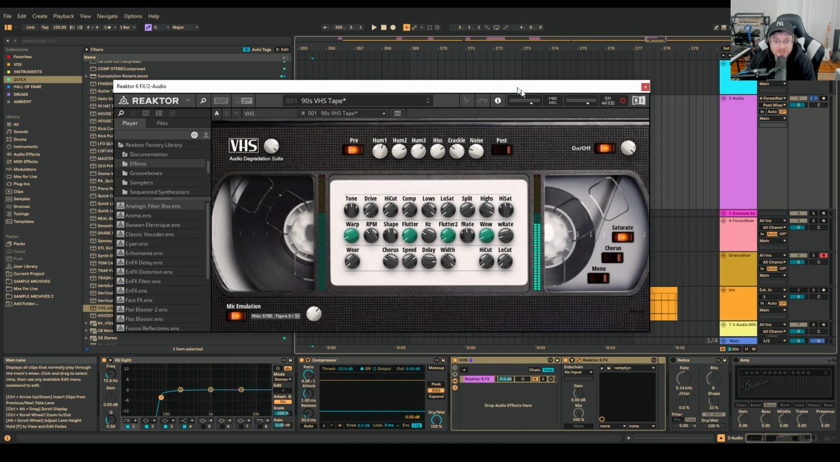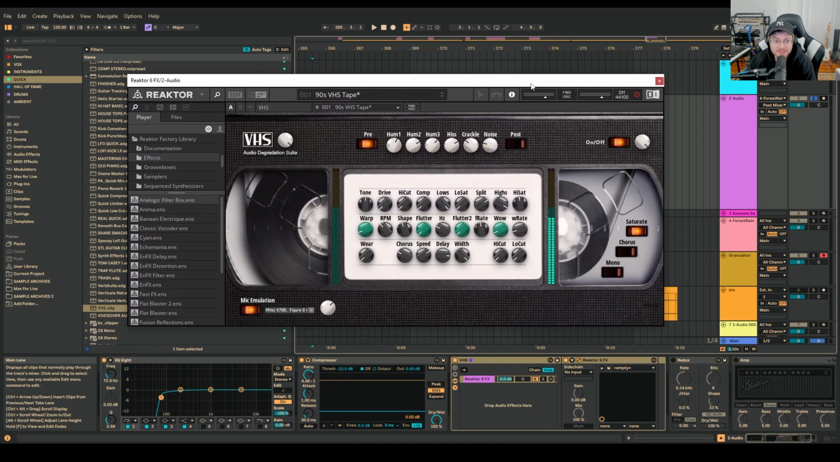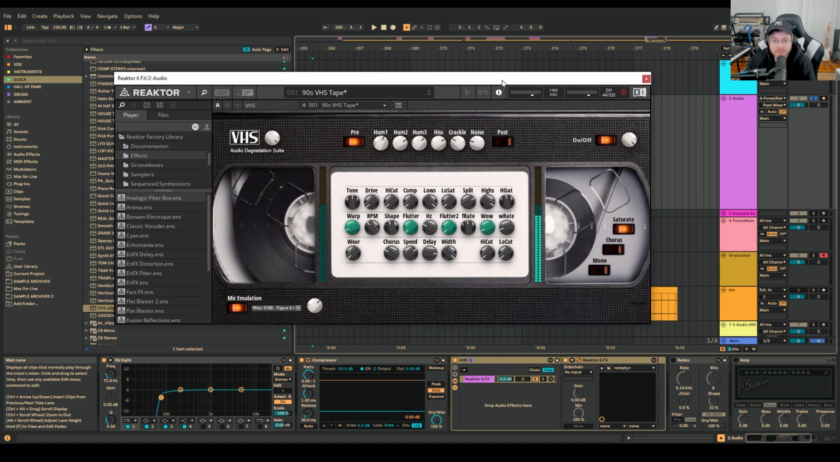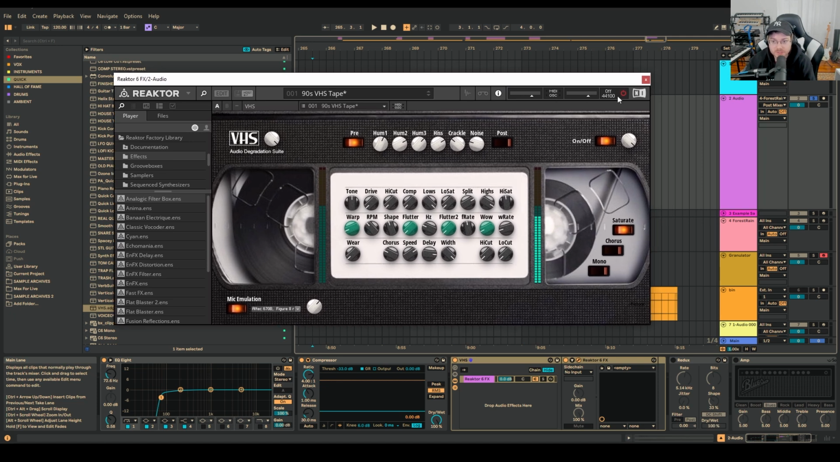So here's another fun idea. Here I have this 90s VHS plugin. This came out through the Reactor user library. It's actually totally for free. It's been out for a long time. But this is one of my favorite VHS tape texture plugins. If I turn it on,